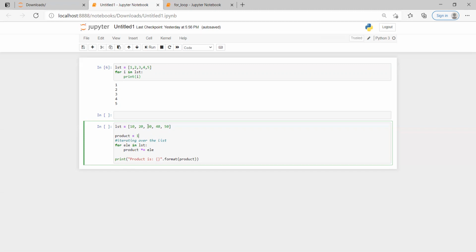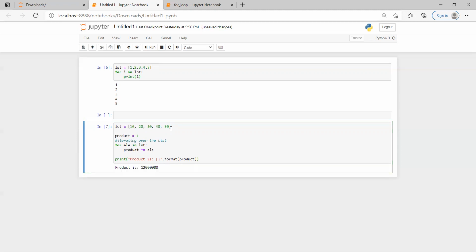The next value will be 30: 30 into 200 is 6,000. Then 6,000 into the next value 40 is 240,000, and it will get multiplied by 50. So what is the value of this? It is 12,000,000, that is, 1 crore 20 lakhs.